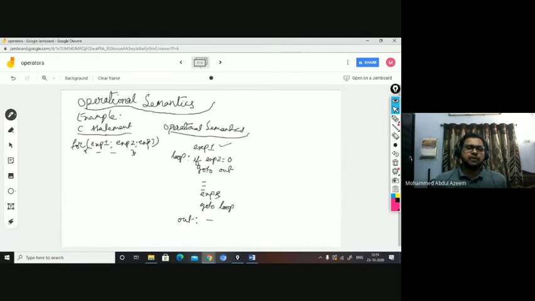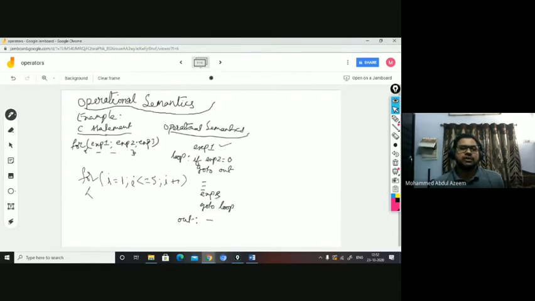Here I am taking a familiar example, because you already worked with the for statement before. Generally, you say i equal to 1, i less than or equal to 5, i plus plus.